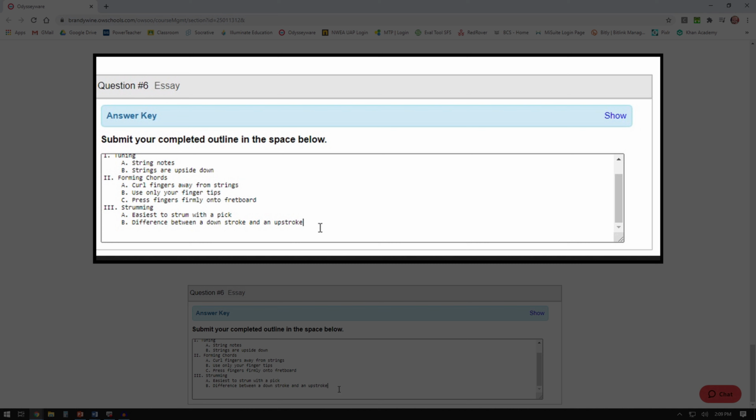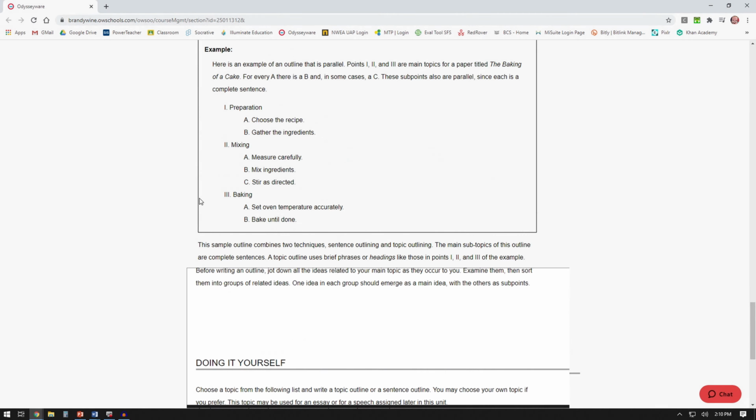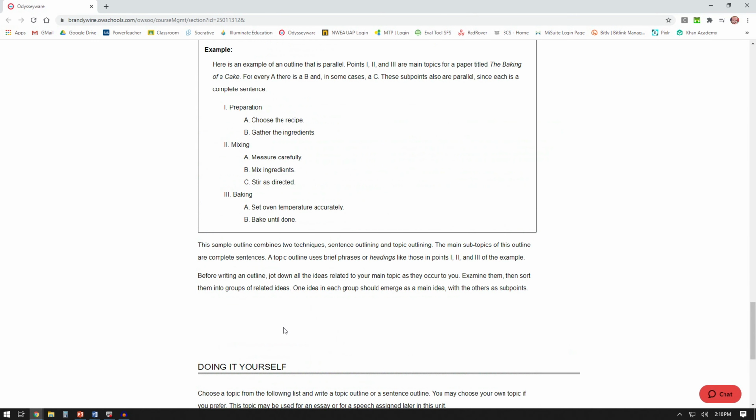So, that's an outline. Notice the formatting here and how it looks. That is important. It has to look this way, just like the example here. I hope this makes a little more sense if this was confusing. There's also a written out version of this that is posted to Google Classroom. So if you need to,